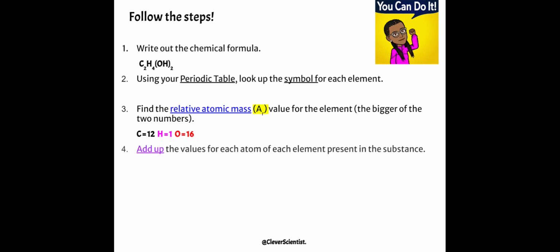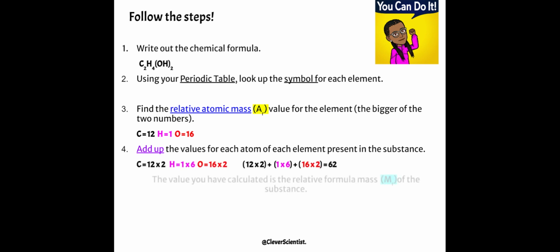Add up the values for each atom of each element present. So this time we've got 2 carbon atoms, we've got 6 hydrogen atoms in total, and 2 oxygen atoms in total. So we do the addition sum, and then we can calculate that the relative formula mass for ethanol is 62. Ethanol is a substance that you will come across quite a lot as well. So like I said with glucose, you'll probably find that you end up learning the formula and its relative formula mass